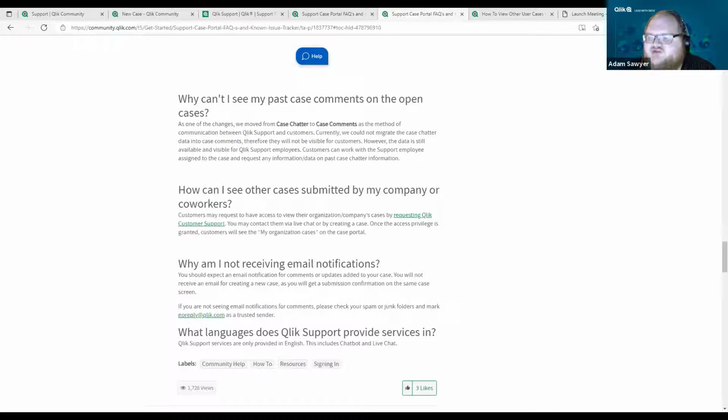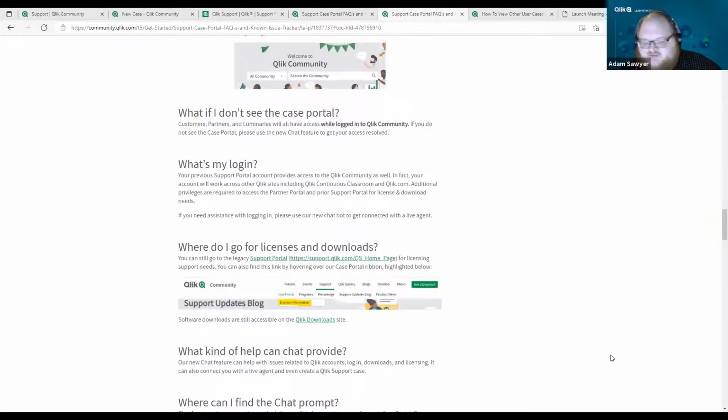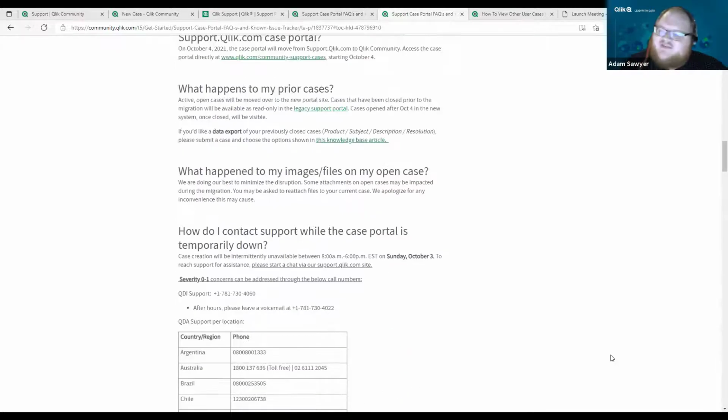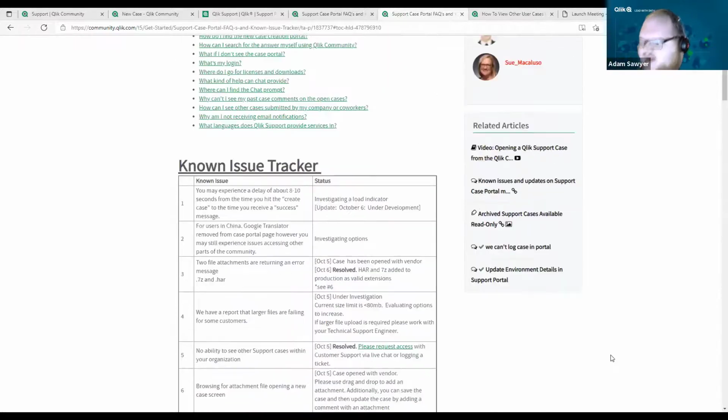So as a part of that internal technology decision, when we moved to case comments, there was no way of taking the case chatter, which is this threaded, XML export, and then just plugging it into a case comment, which is a more static HTML resource, right? So we've received lots of feedback from people saying, hey, this was really less than ideal, right?